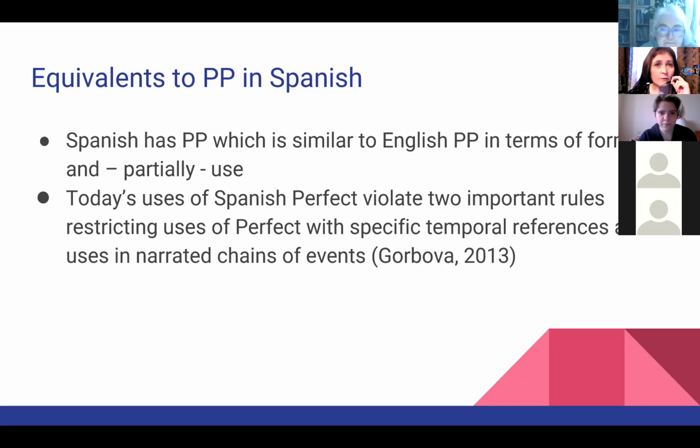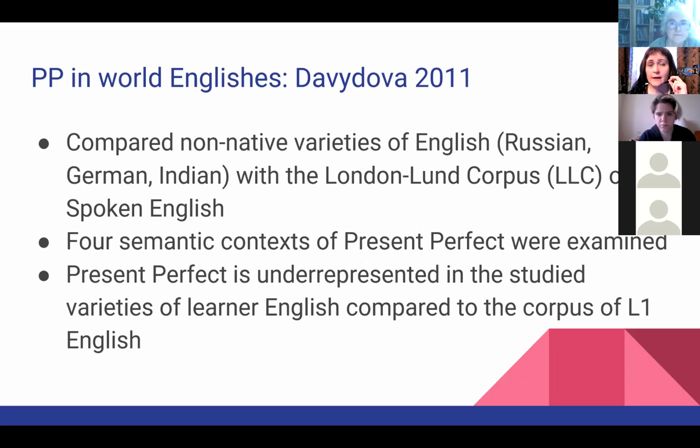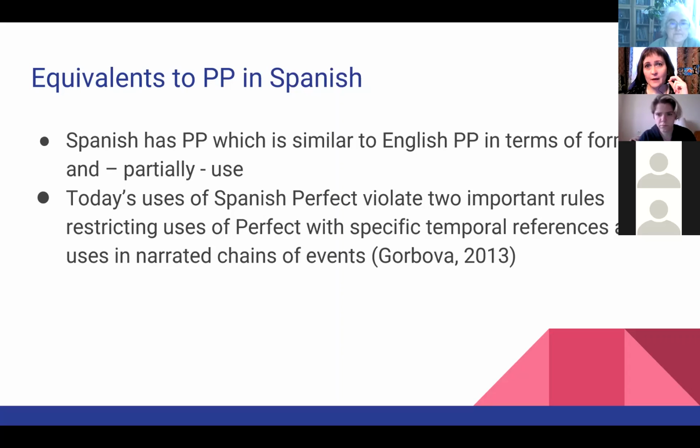Okay, thank you. So Elena Gorbova in her book, The Problem of the Spanish, posits that today's uses of the Spanish perfect, which sometimes violate two important rules restricting uses of present perfect with specific temporal references and uses in narrative chains of events, demonstrate that this form is in the process of grammaticalization, known in typological research as heuristic drift, with the semantics of this form being like a bridge between past and present, and at the same time preserving the pragmatically subjective current relevance meaning. To get the implication of this conclusion, we need to look at different uses of